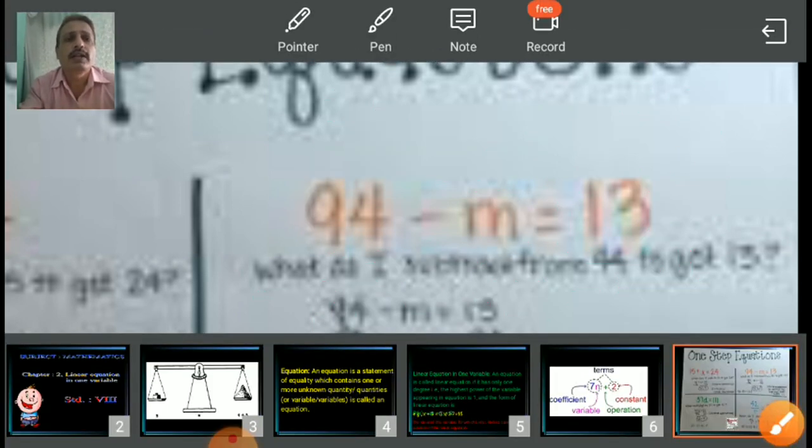Okay. Look here. Some more examples for multiplication and division. 37D is equal to 111. See, student, 37D means 37 multiplied by D. Now only D has to remain on the left side and 37 has to be transposed to the right side. So what can we do here? Yes, D is equal to 111 divided by 37.